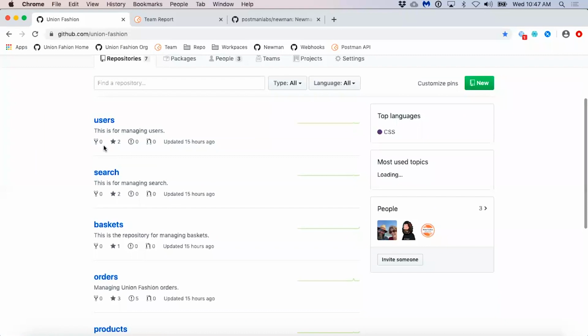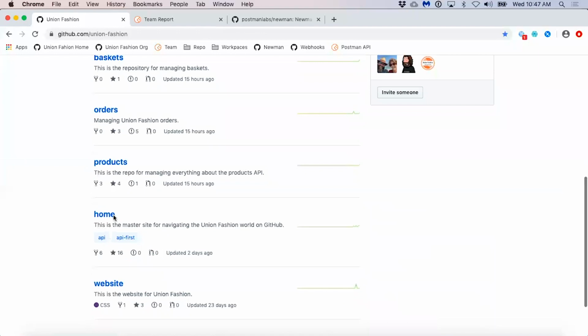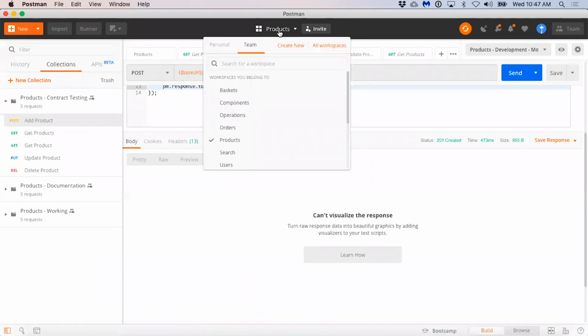All the collections will be published as part of each service's repo, and then I'll be publishing the process and the governance guidelines in the home directory. So you'll be able to find everything in the home directory, and for each individual service, you'll be able to find actual examples that you can reverse engineer. I'm probably going to create separate workspaces for each service.